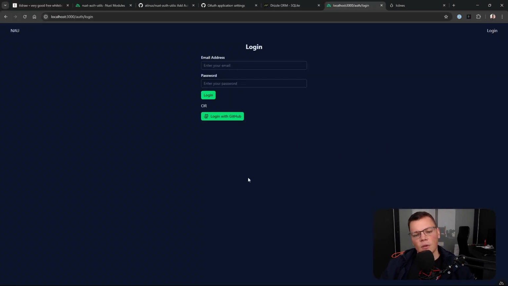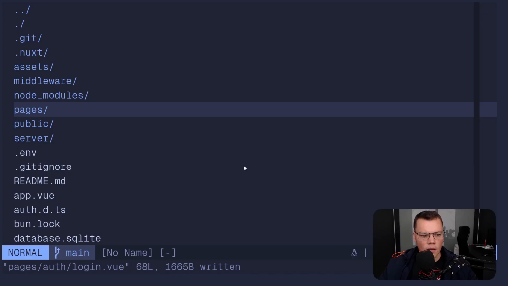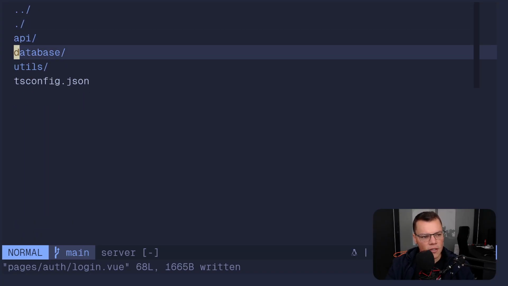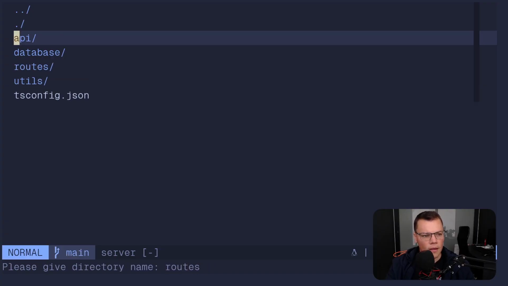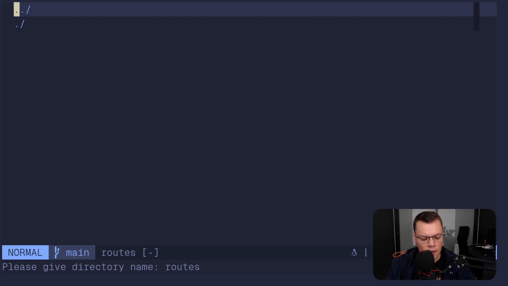So when we click this, we want to redirect to GitHub and use our GitHub login to get back to our OAuth handler, which we need to set up, and then create the user in the database if it doesn't exist yet, and then go to the login page. So let's do that. Okay, so for the OAuth endpoint, we'll create that in server, but instead of API, we're going to create a routes folder. And then in routes, we're going to create a folder called OAuth. And then in OAuth, we're going to create a